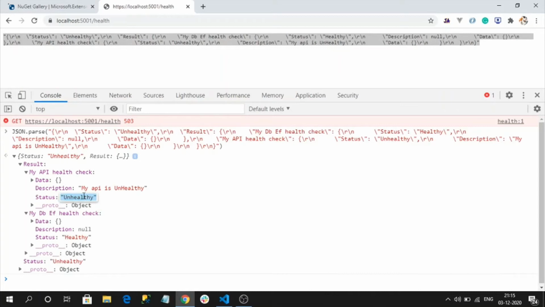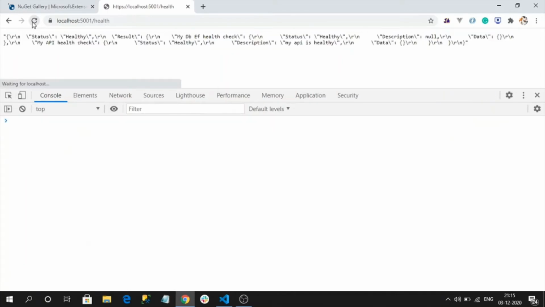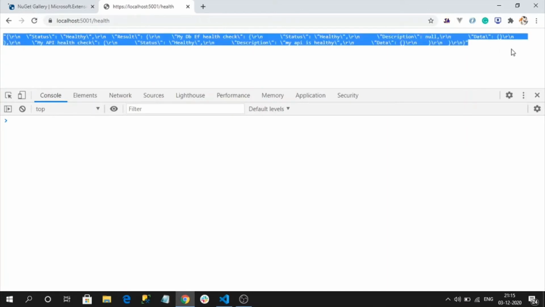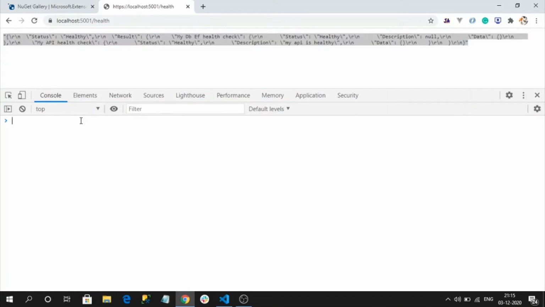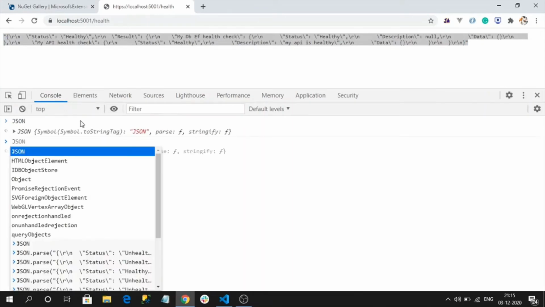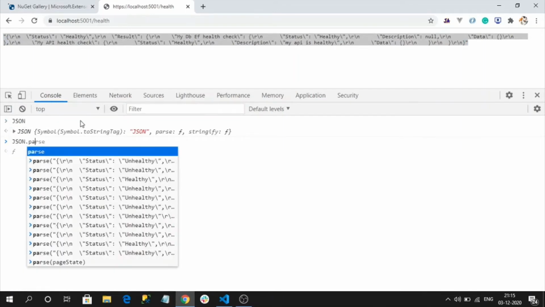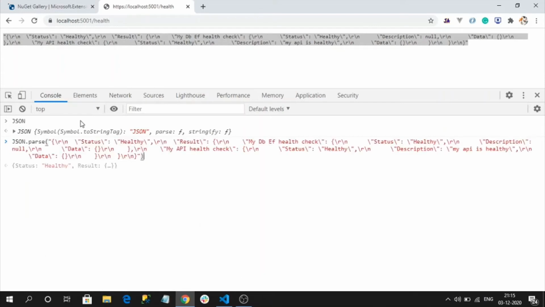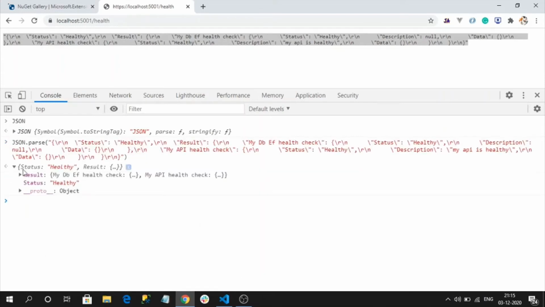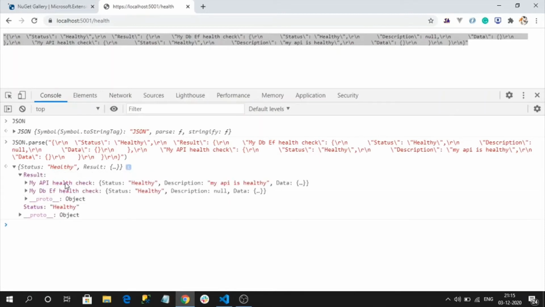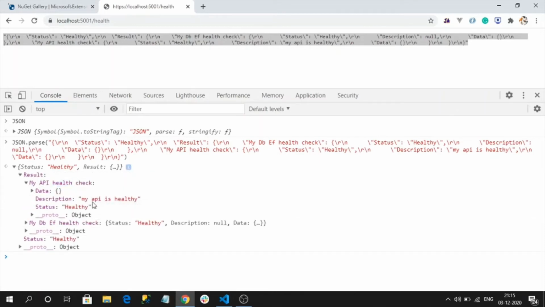Since it is the first time, it may take some time, so refresh it again. I think this time we will get a healthy status. So our overall status is healthy, and therefore our API status is also healthy. See, my API health and its status is healthy, right?